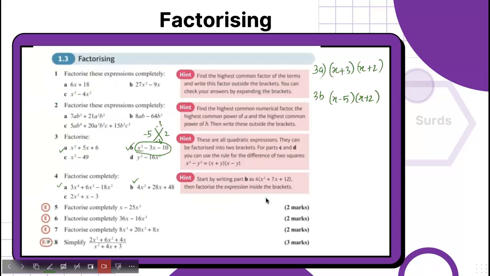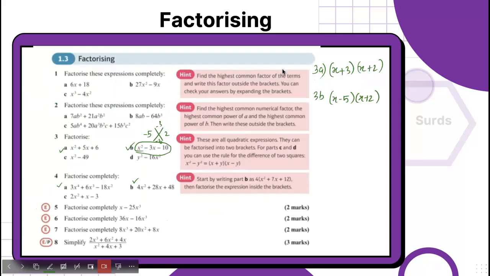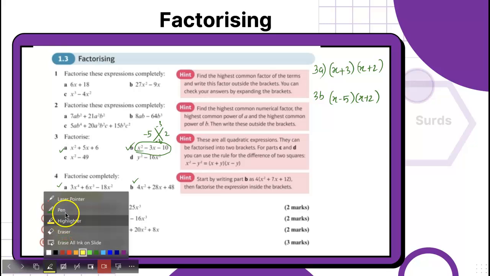Now the next one, 2x squared plus x minus 3. 2x squared plus x minus 3. Oh yeah, this is the case we didn't discuss yet. We will be discussing because it's 2 there, right? Okay, now let me highlight what questions are left to discuss from your practice book. We're going to be discussing question number 7 and 8. These 5 and 6 we can do.